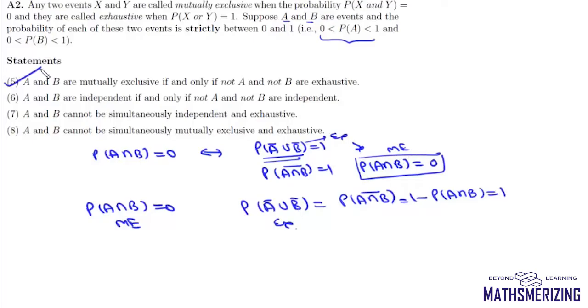That means this statement 5 is correct. Now, sixth one is A and B are independent if and only if not A and not B are independent. Now, this is a standard result, but anyway, we'll prove it. So for this sixth,